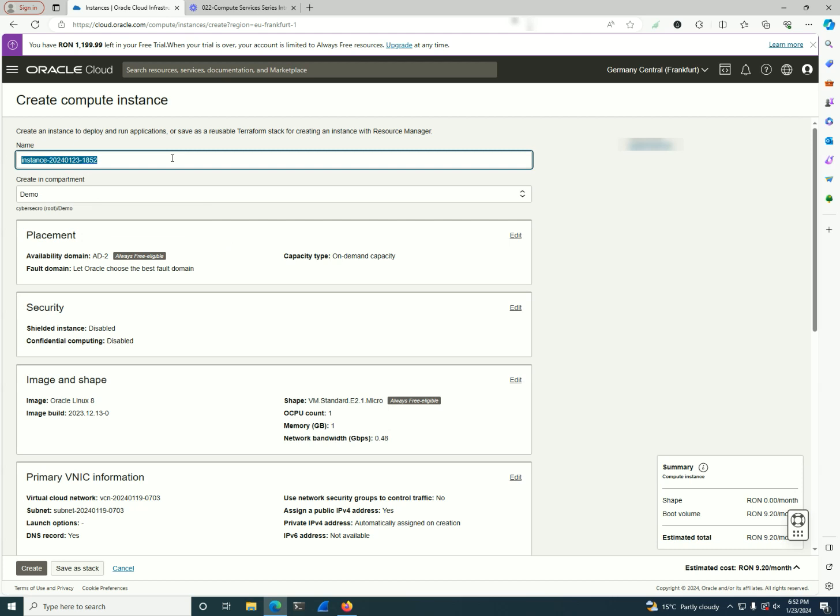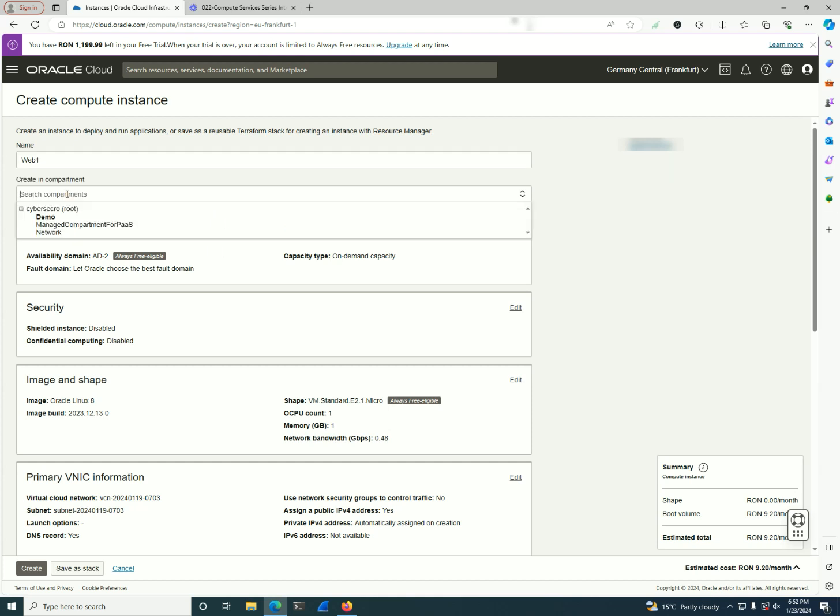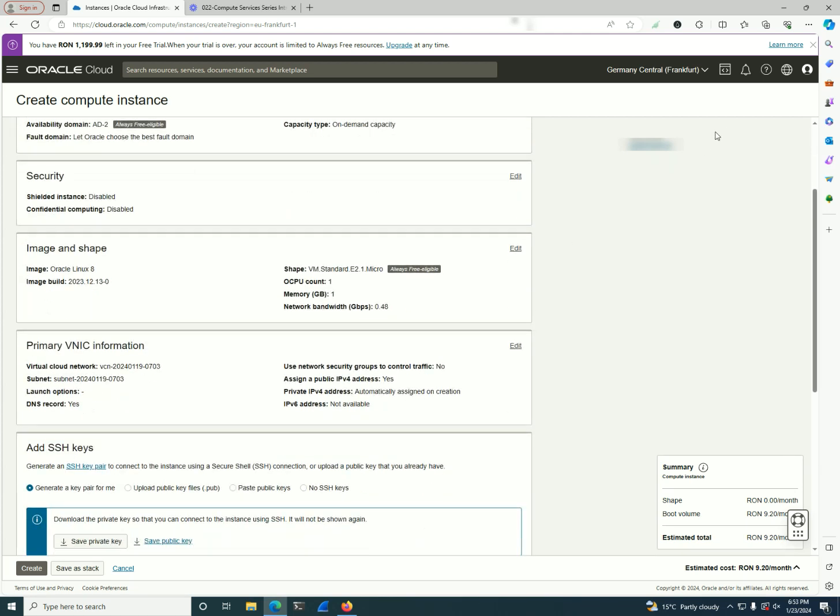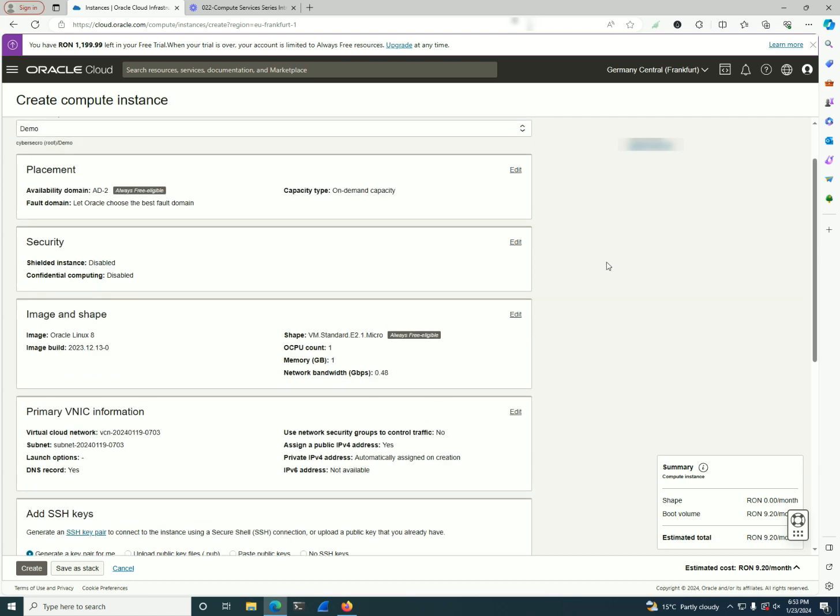So let's give this instance the name web1. In here, you can select the compartment where you want to put it. As I said, I will split networking, so we'll leave it in the network compartment, and everything else will be in the demo compartment. I have also created a demo user that can log in and start creating resources. But for me, the easiest way is to